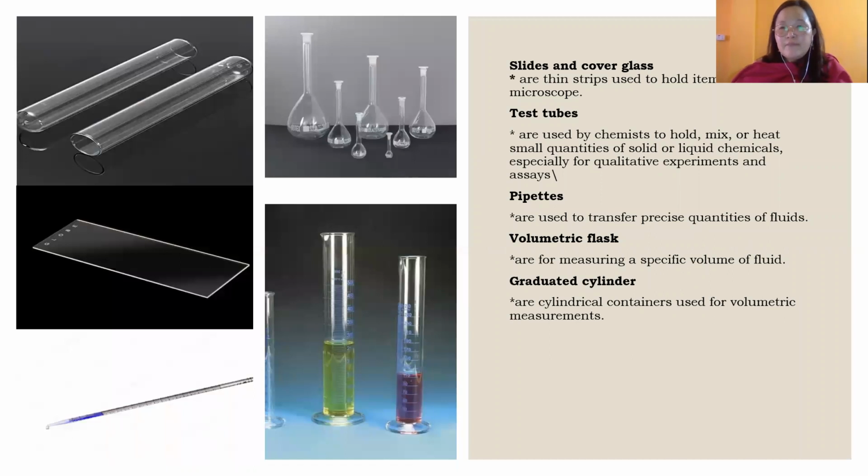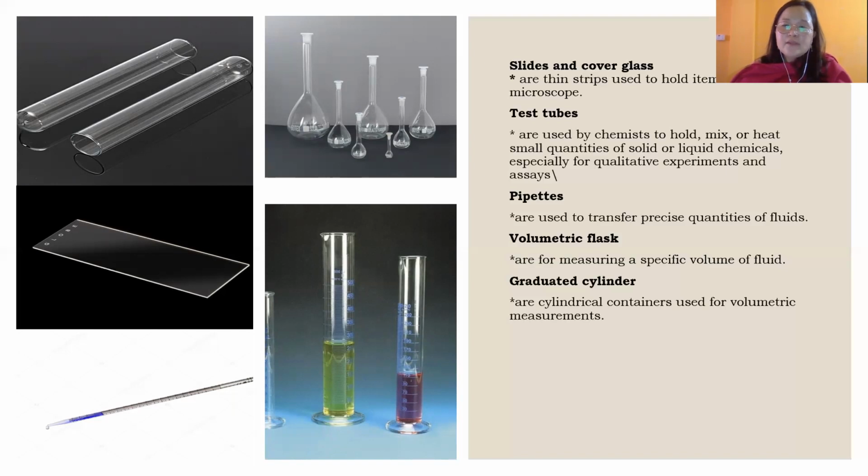Cover slips or glass slides are thin glass slides mainly used whenever you are doing examination of blood or urine or any form of test under examination. Test tubes come in different sizes. You can see small test tubes and bigger test tubes which can hold up to 5 ml. These hold chemicals, and are also used whenever you're mixing two chemicals into one container. For that you can use a test tube.